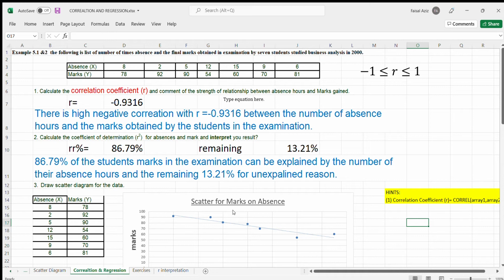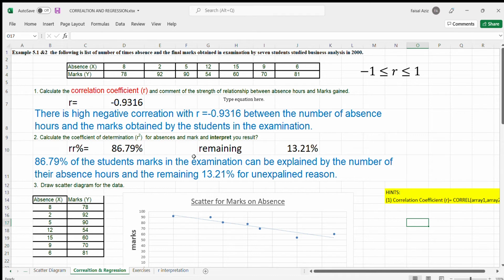In this video, I will talk about correlation, coefficient of determination, and regression analysis. In my previous video, I had discussed correlation in detail, wherein I mentioned how we can draw a scatter plot of given data and how we can pass a trend line on the data to know the relationship which exists between two variables.